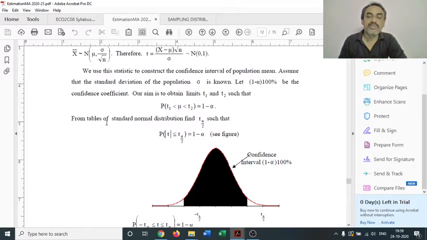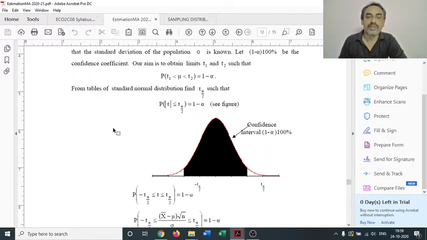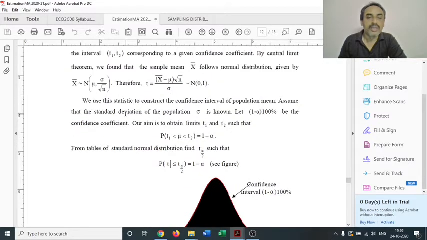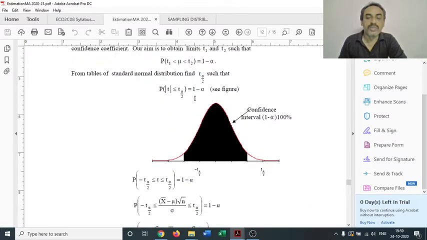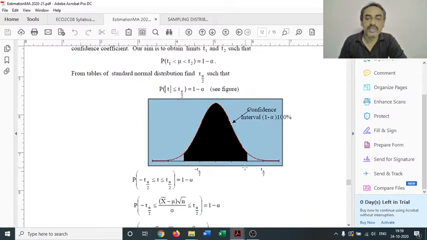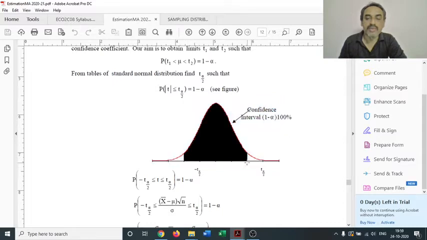Now, from tables of standard normal distribution, we can obtain the value of t alpha by 2. Here, this statistic follows standard normal distribution. So here, this is the point minus t alpha by 2, and this is the point plus t alpha by 2. These minus t alpha by 2 and plus t alpha by 2 are a little bit shifted from their exact positions. They must be at